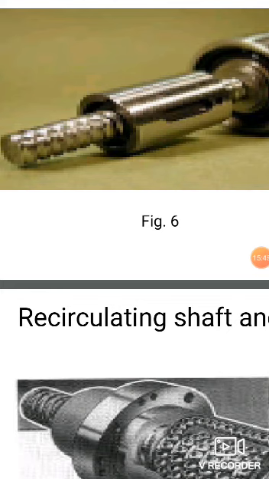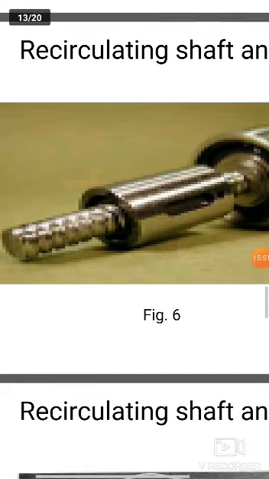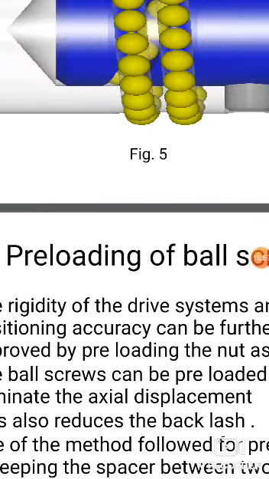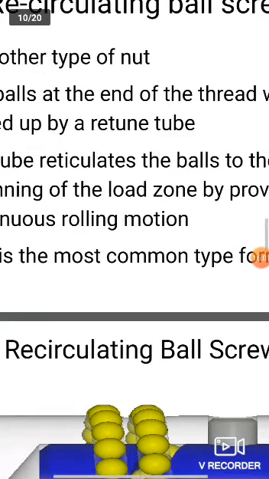So that is called a rolling bearing. Next, we studied the recirculating shaft and nuts. Next, the different types of advantages of ball screw and nut assembly. So these things we have studied. Next class we will see the next topics. Today we'll stop here. Okay, thank you very much.